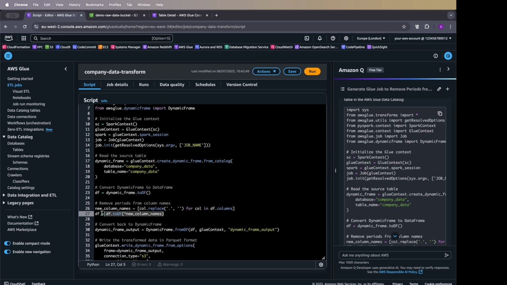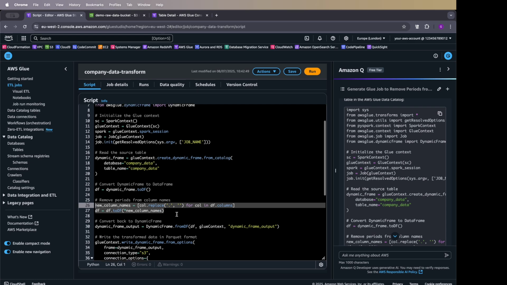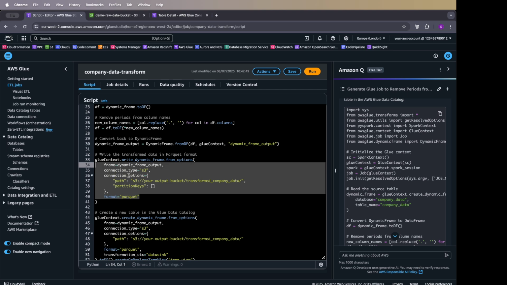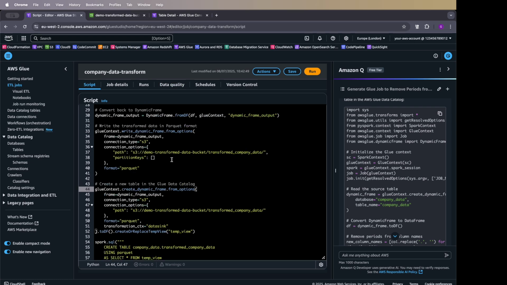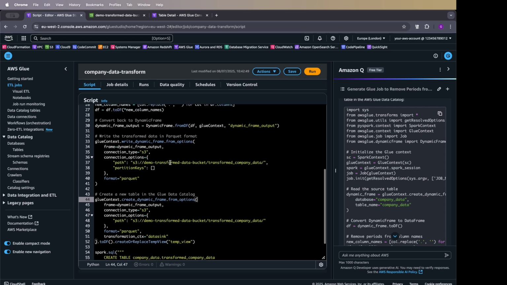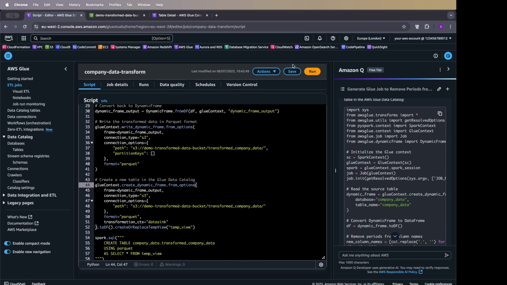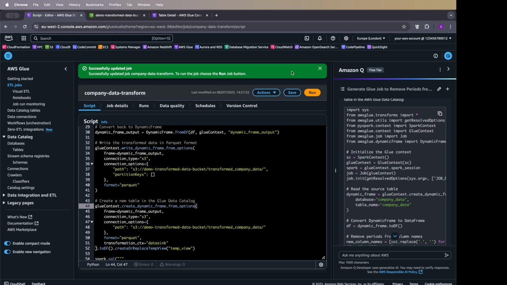We see here that it is applying the naming updates to remove the dots from our column names. And then we see here we've got a bit of output, we've got a bit of configuration to apply to pick our output bucket. So I'm just going to use a bucket name for that. Once we've confirmed and we're happy with the code that's been generated, we can save the job and then select